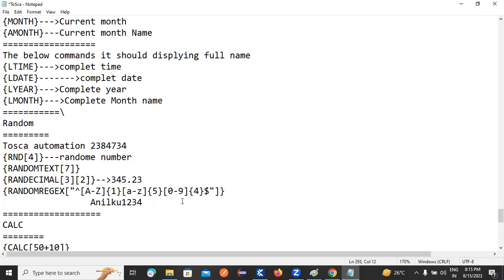If you want to provide random data with numbers, if you want to provide random data with numbers,